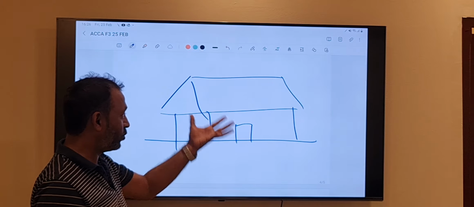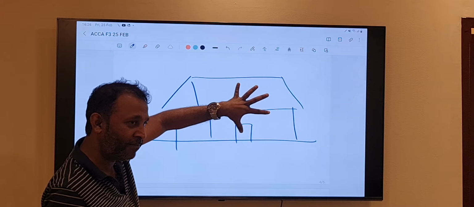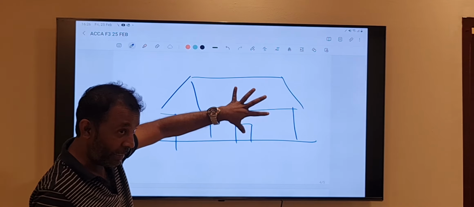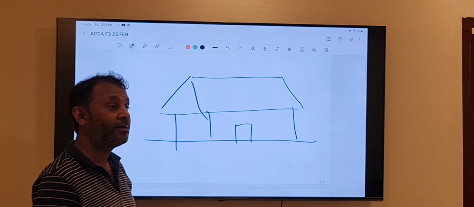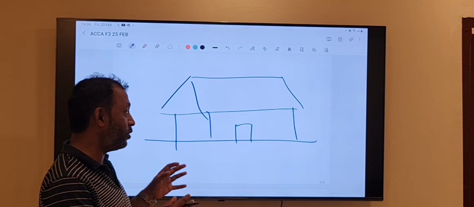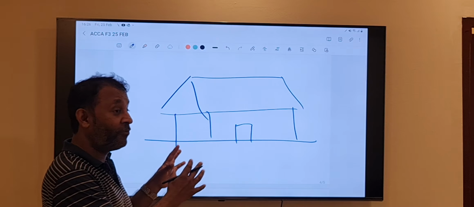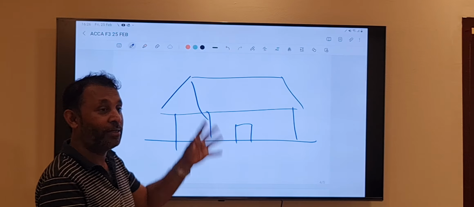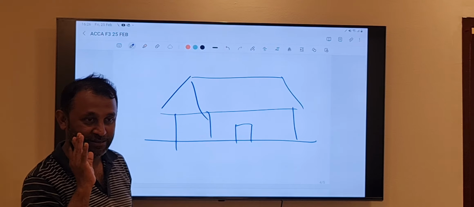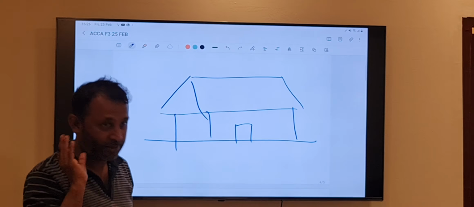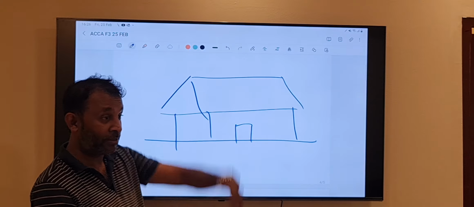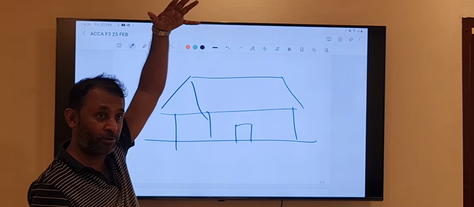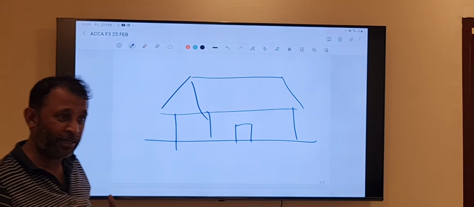Brother, for you to have this house, this building, there is something you need to build which you don't see. Materials? Labor? No, something you need to build, a part of the building. If you don't build that, you can't have the house. Foundation. Any building, any house needs a foundation. Maybe this building's foundation is this height, I don't know. But do we see this?